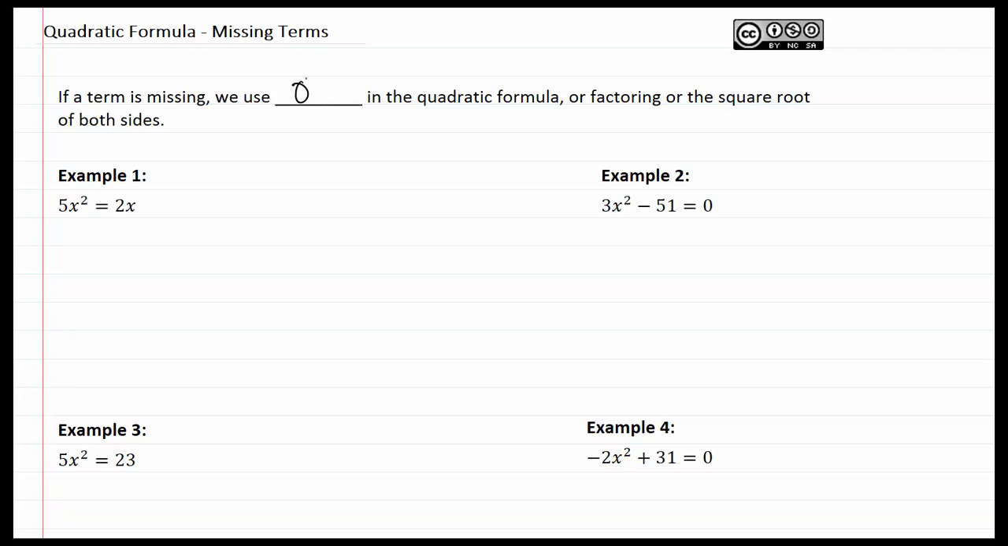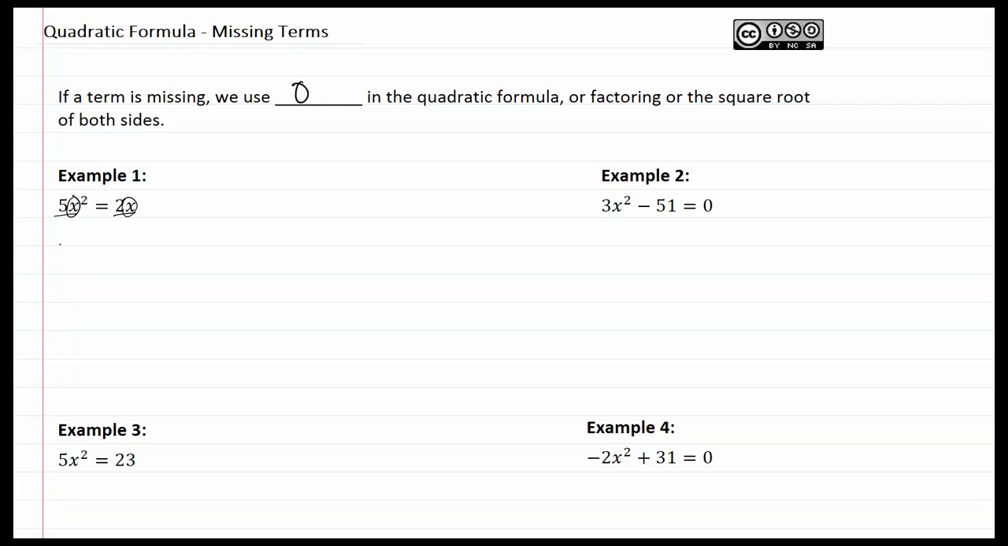sides. Let's take a look at 4 examples and how we could analyze which one would be the best to use depending on what numbers were given and what would be the easiest method. In example 1, we see that we have a second degree term and a first degree term. Since I noticed that there's an x in both terms, I know that probably factoring is going to be the